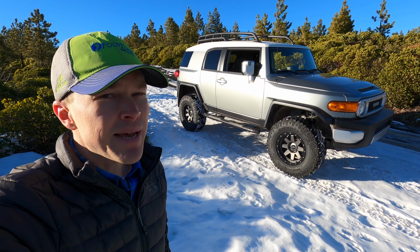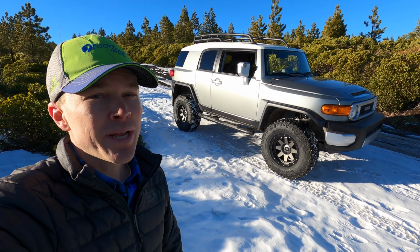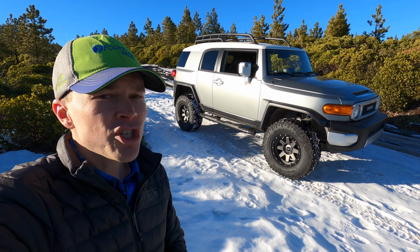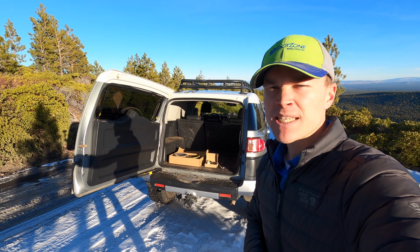Unfortunately with Toyotas, the best that you can hope for is a JBL audio system. And if you got a JBL audio system that's anything like what I've got in my 2016 Toyota Tacoma, you're probably pretty disappointed. Fortunately, there is a solution to this problem. It's OEM Audio Plus. With that said, today we're going to be doing an OEM Audio Plus speaker upgrade on